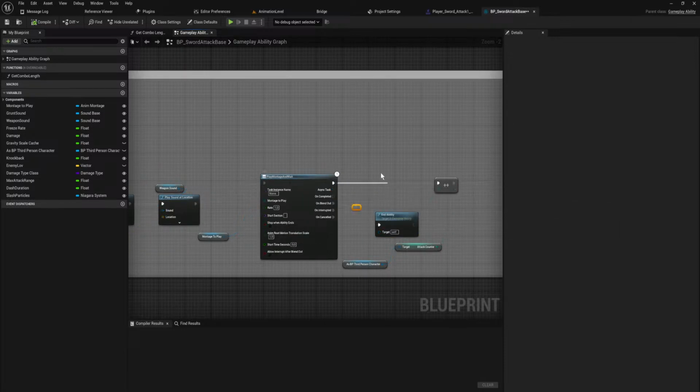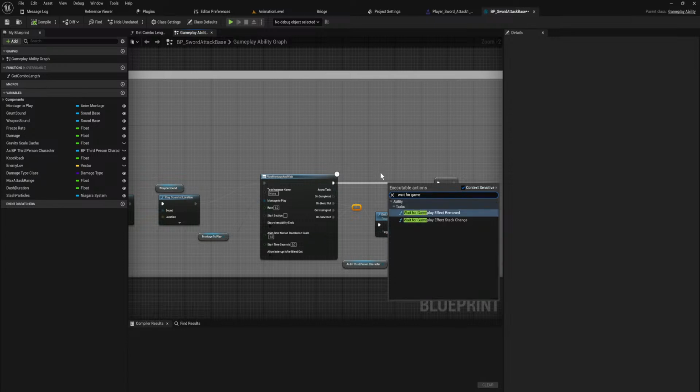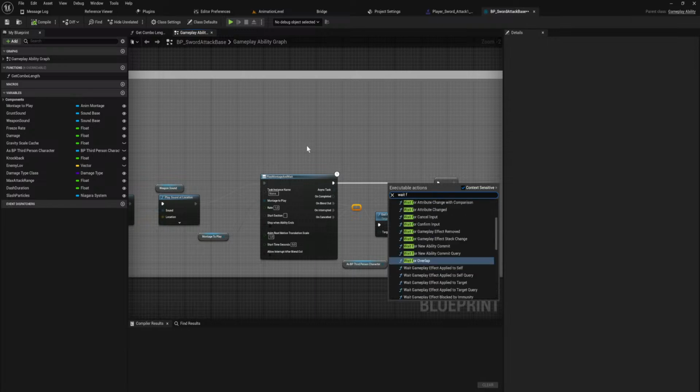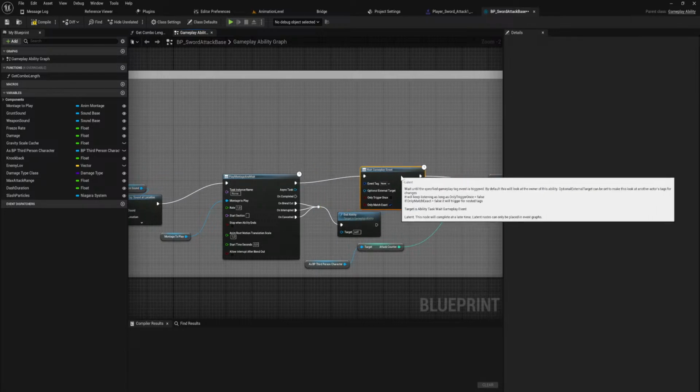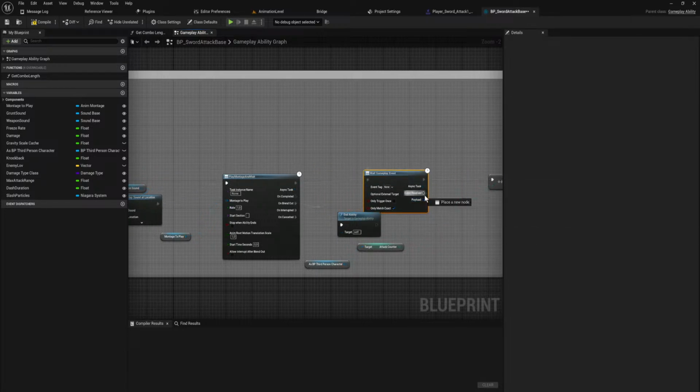So what we would do is we would wait for event here. Or just wait event. Wait gameplay event. And when that event is received, we end ability.